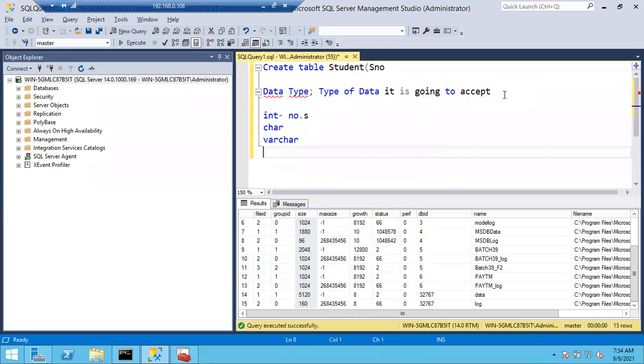Say for example, you want to insert the date of birth of the student. For that we have the date data type, and the time data type. And decimal. Say I want to record a student's height, which might be 5.7, 5.6, 4.8.